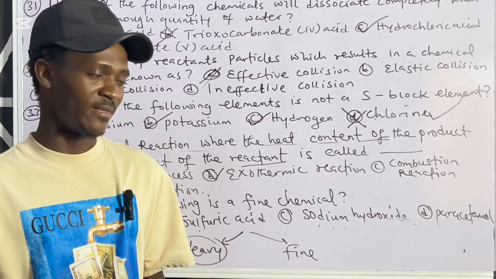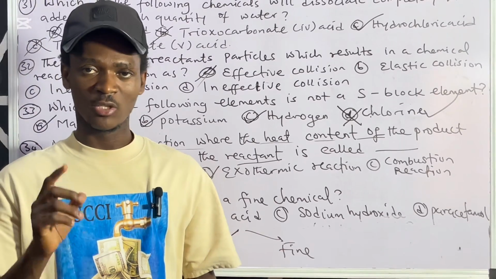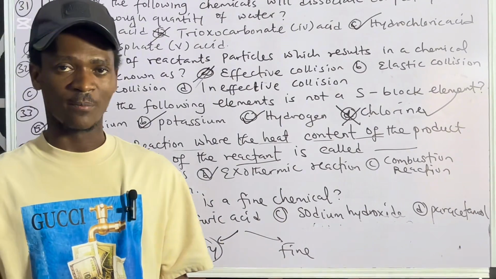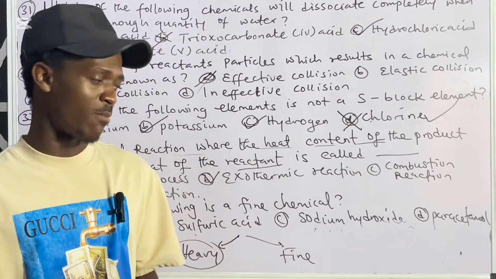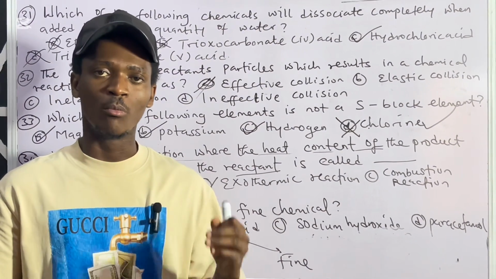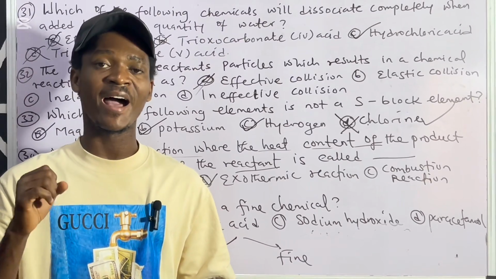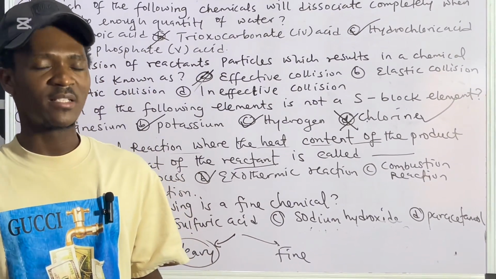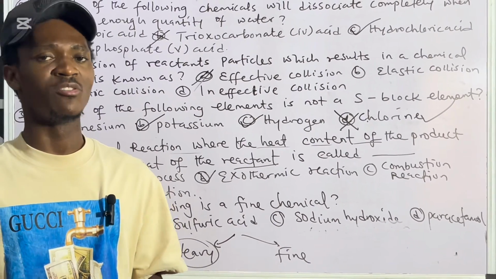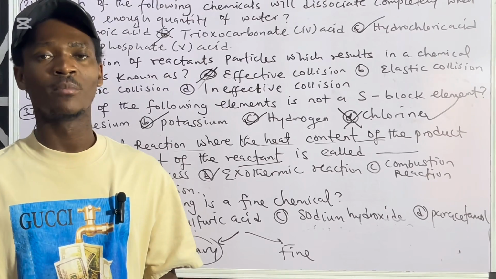They have low demand. When you make a comparison of demand between the heavy and the fine, you should know that the one that has a very high demand is heavy chemical. Another very important thing you need to know is that heavy chemicals are known by their low molecular weight or mass, while fine chemicals are known by their high molecular weight or mass. There's actually one that has a very high value under the fine chemicals. It's called, I think, botulinum toxin.